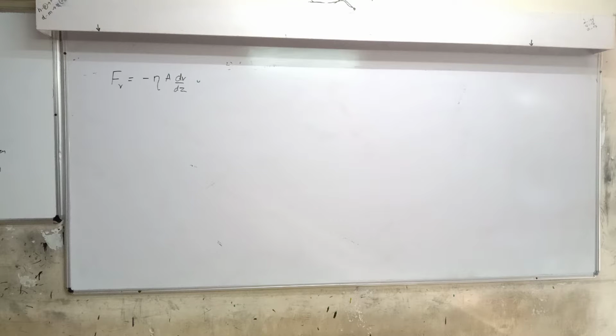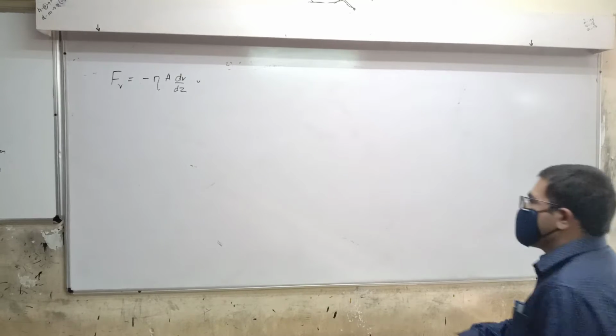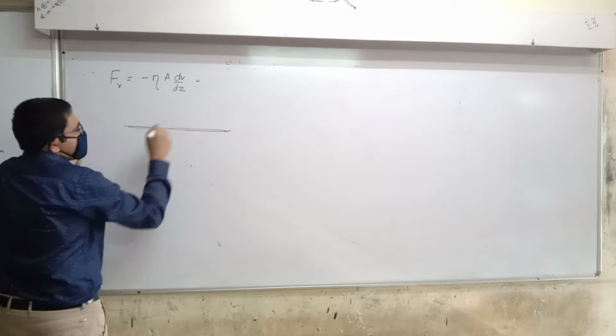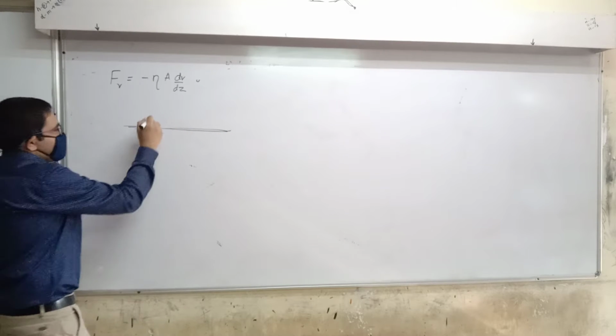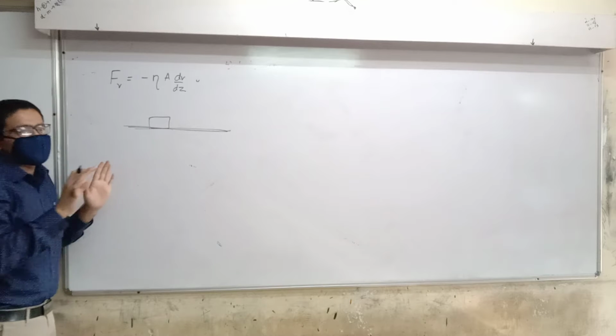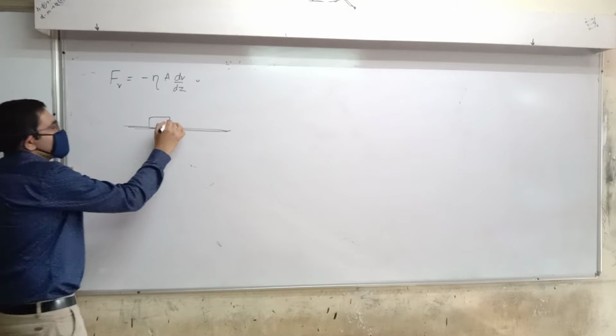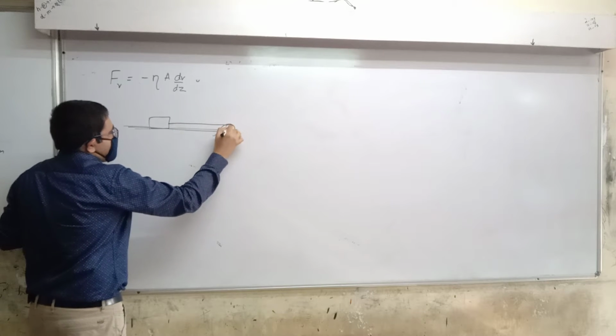A liquid with film thickness 0.3 mm is placed between the block and the table. So what's there between the block and the table? Film. That is, there is a liquid. You pour liquid and then you place the block. That is what is being done. Okay, a block moving with the injection amount. So this is what it looks like.